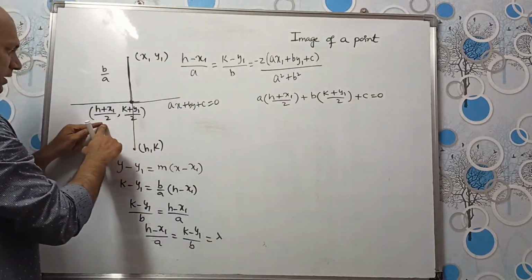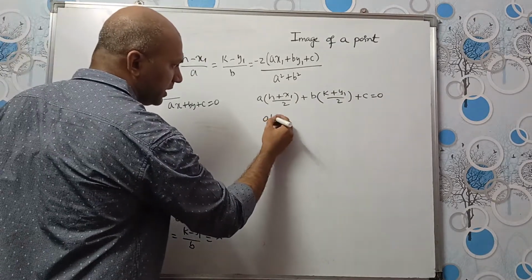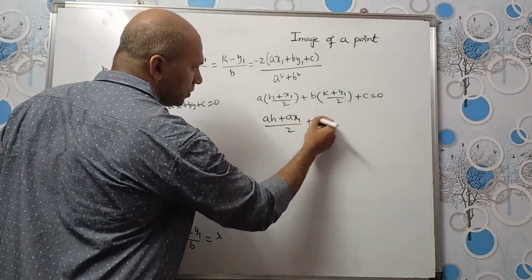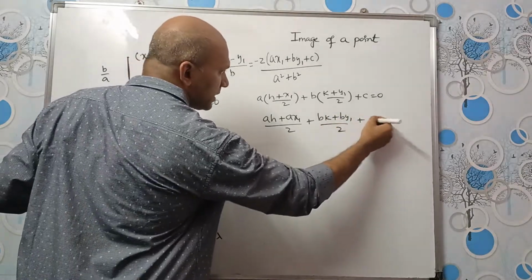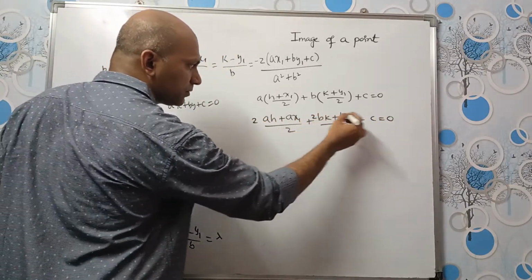We substituted x and y in this equation. So this will be ah plus ax1 by 2 plus bk plus by1 by 2 plus c is equal to 0. If we multiply both sides by 2,